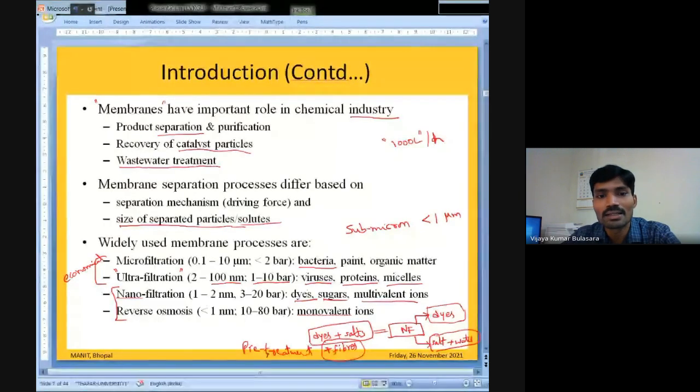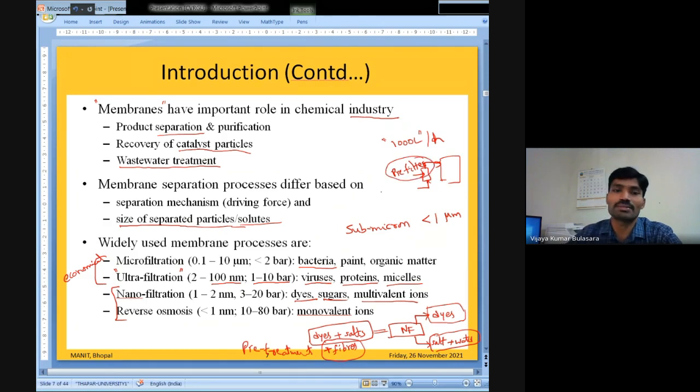Okay, so the pre-treatment process can also include microfiltration. Like in our RO unit, there is a filter called a pre-filter. This pre-filter's pore size sometimes will be 10 microns, sometimes it can be 2 microns. So depending on the impurity that is to be removed, we select the type of pre-filter. Pre-treatment is used to remove the fibers and other suspended solids or other impurities from the wastewater containing